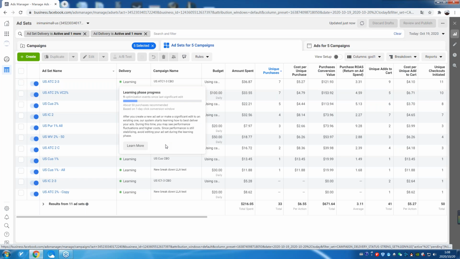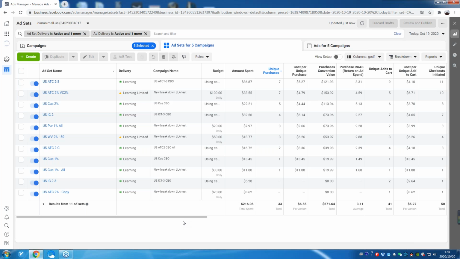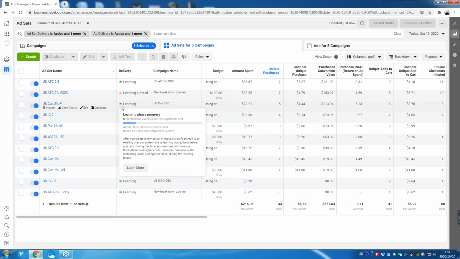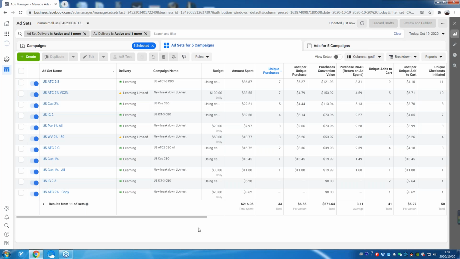You'll never exit learning until you're spending about 500 per day and maintaining a cost per result of $8 or less. It doesn't matter how much you reset learning until you're hitting those numbers. So I wouldn't worry about learning at all because you're always going to be in learning until you achieve those numbers.